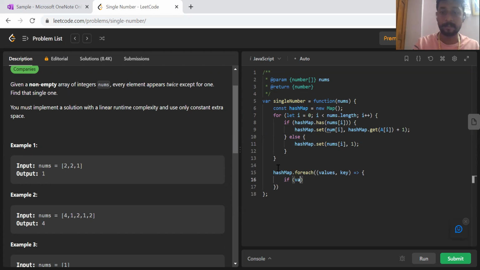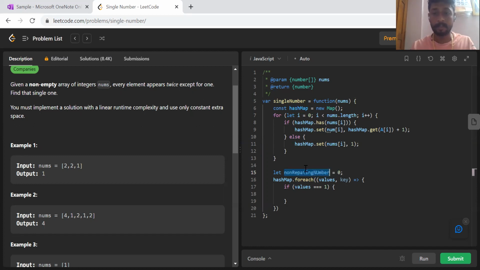Check if the value equals 1, then definitely return the key. Let's keep a unique, single non-repeating number equal to 0, and finally return the non-repeating number. So here, once the hash map has been constructed, I'm just iterating the hash